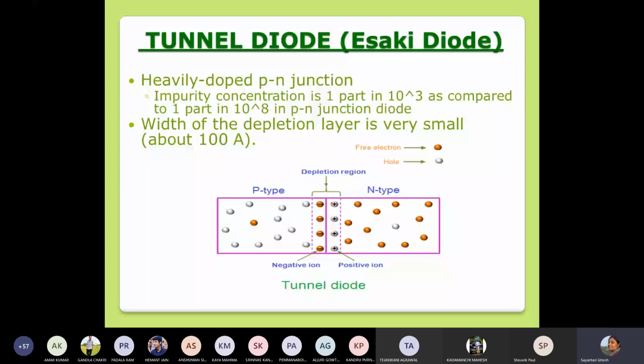So that is the major difference that we have in usual, ordinary PN junctions compared to the tunnel diode. Their doping concentration is very high and the depletion level is very small. That's it. That is the construction, as simple as that. So how does this device, just dependent on a higher level of doping, give an IV characteristic which is completely different from what we have in ordinary diodes? Let us try to understand how that happens.